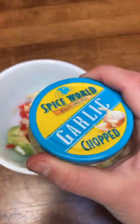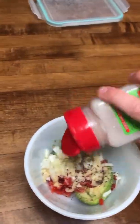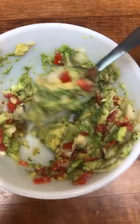I also added some garlic, although I didn't include that in at the beginning. Then I put salt and pepper right on top, as well as my other spices and seasonings like garlic powder and onion powder. Finally, I took a fork and I mashed everything together, making sure it was still a little